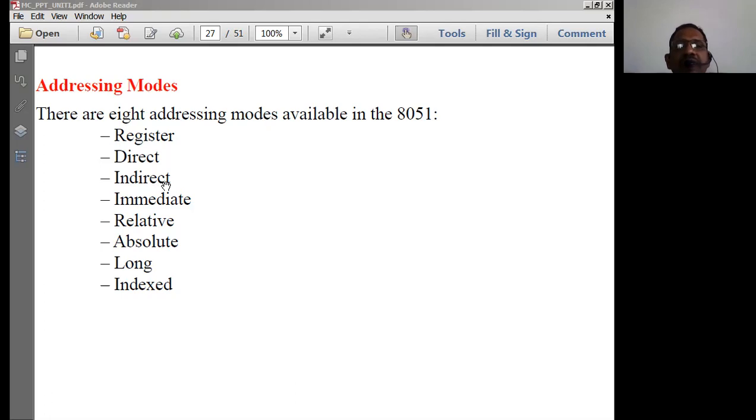It is something like the value-at-address pointer operation in the C language. In C, we use pointers, and in pointers, we use the operator called star. So that star is nothing but the value-at-address operator. So the at-the-rate is also called the value-at-address operator. At R0, if I say, it means the value at the address contained in R0 will be accessed by using this indirect addressing mode.